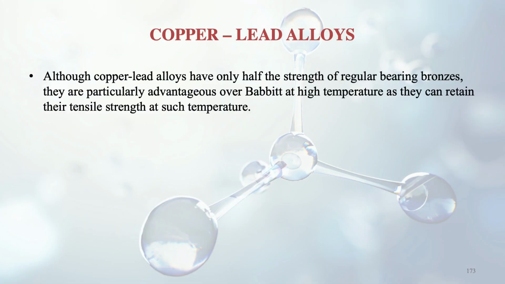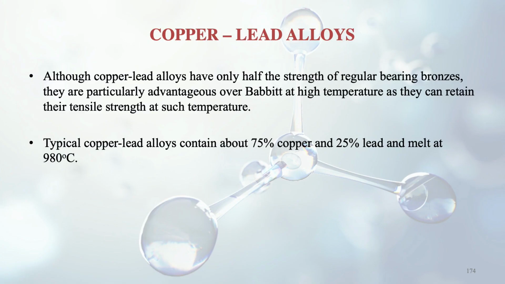Then we come to the copper lead alloys after discussing the babbitt type. These copper lead alloys have only half the strength of regular bearing bronzes. So we have lesser strength here, but certainly they would have certain other properties, which is why they are being used. They are particularly advantageous over babbitt. Why? Because at high temperature they can retain their tensile strength. That is very important. So that's why they are used. Although they have lesser strength, in comparison to babbitt, they are good for high temperature applications as they maintain